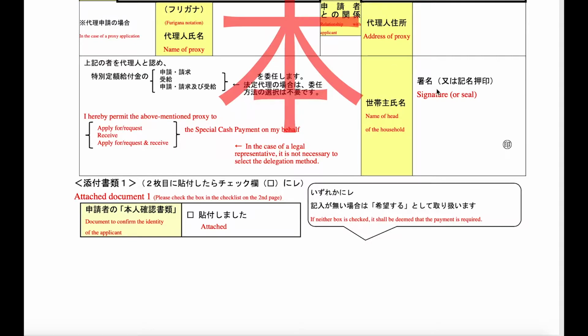And then you, as the applicant, again need to write in your name here. If you've got a hanko, stamp it in there as well. Again, this is only if you want a third person, a proxy, to take receipt of your payment. There's another option here. If you want them to apply on your behalf, you need to fill in this section as well. We don't want to get into that in too much detail. We're just looking at the situation that you're the applicant, but you want somebody else to take receipt of the